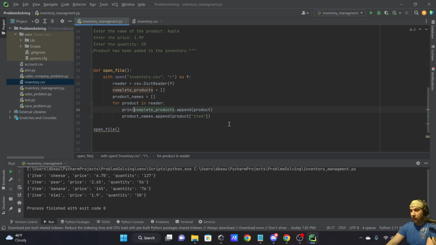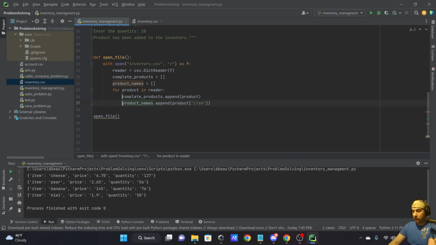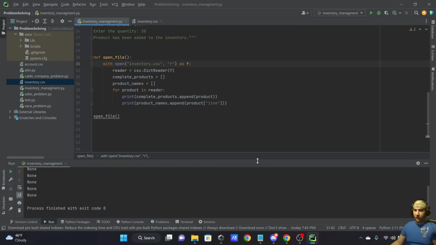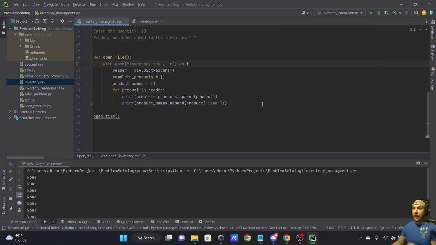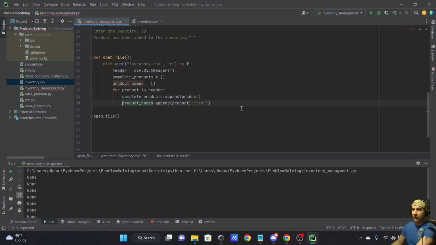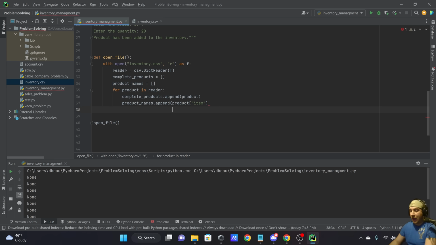So let's comment this out. Let's go ahead and print. Hold on one second. Okay. Now I can print, and then I'll put my parentheses, and let's go ahead and run this now. And we get none, none, none. Oh, okay. Sorry. We have to print after. So we can't print and append. I apologize for that. Let's go ahead and delete that. Run this, and then